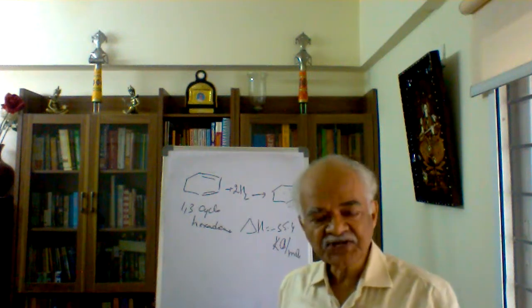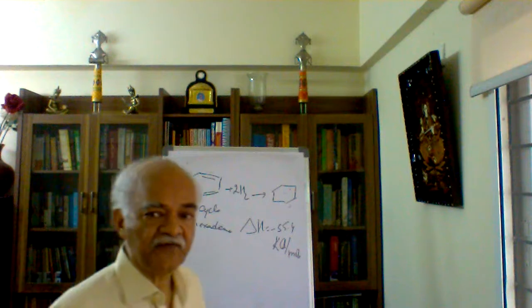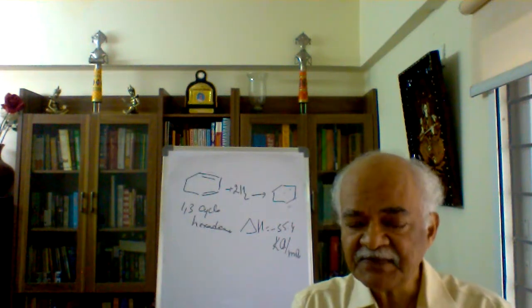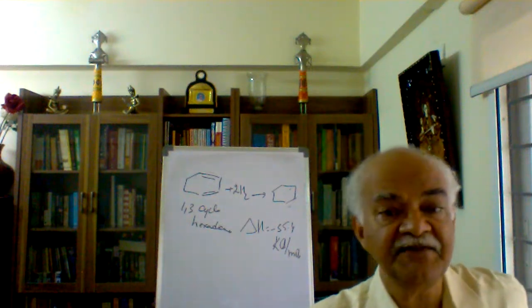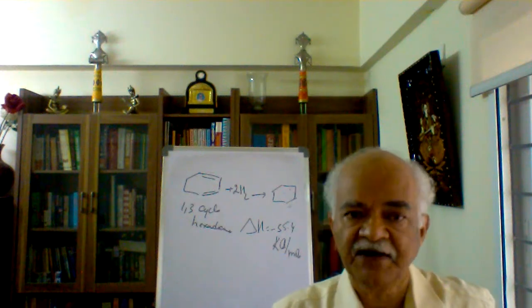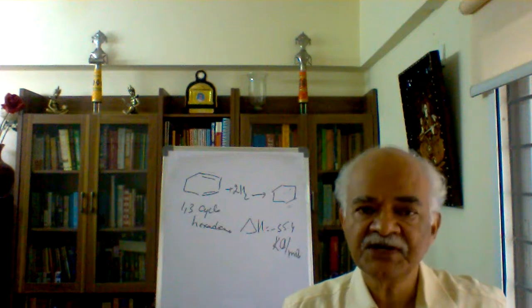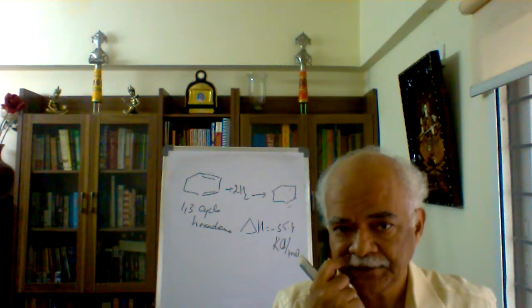It is slightly shorter, a slightly smaller value compared to what I got for 1,4-cyclohexadiene. That means some stabilization we can observe in a conjugated system as expected, even for non-cyclic systems. The behavior is similar to what we have discussed in the earlier classes. Conjugation appears to impart some stability.